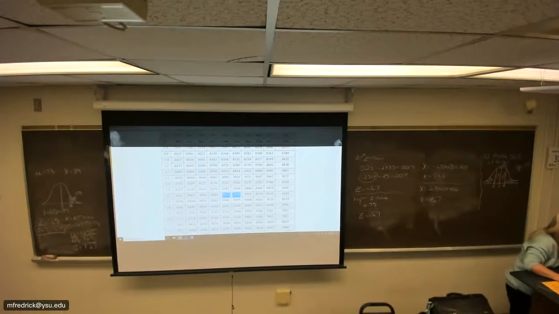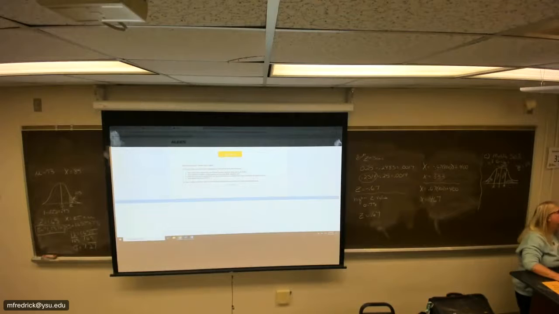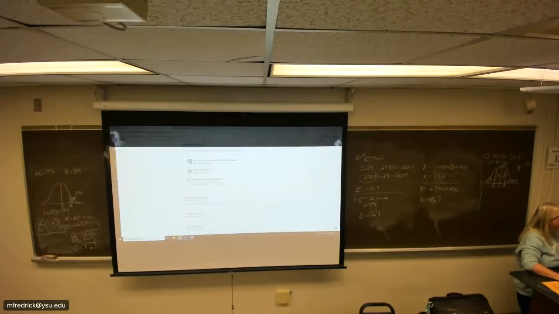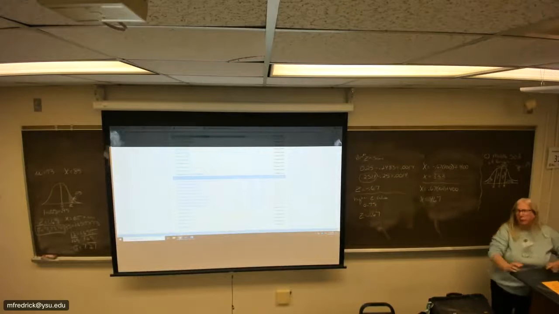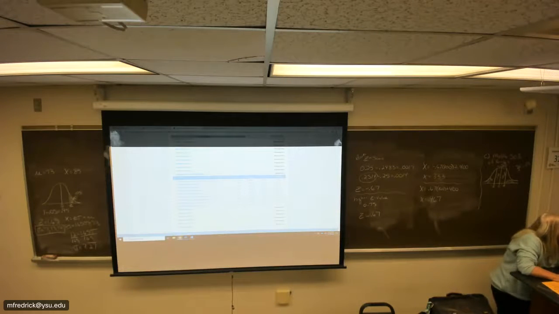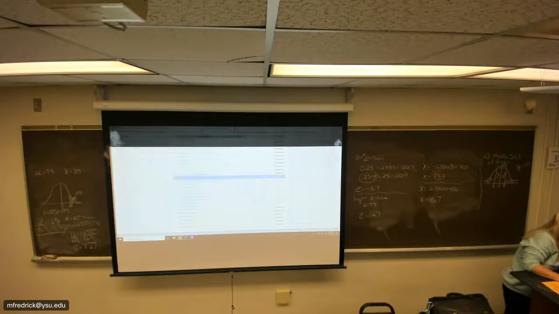The calculator. This room starts getting hot, so kind of be prepared for that. Doesn't matter how low I turn the thermostat. This one doesn't do that. Let me find one. Wanted to have the percent and